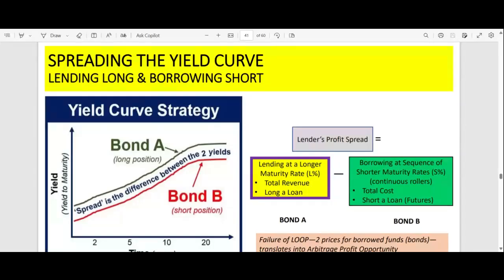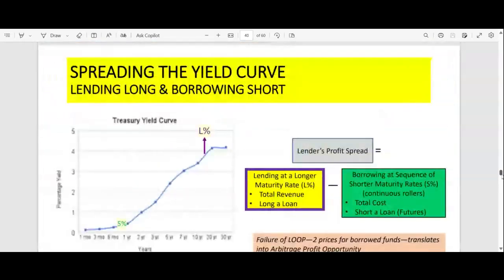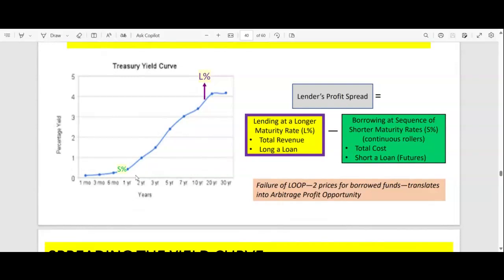Okay, so briefly, I want to make sure to pick up a little bit where we were so that I can flow right into the stuff that I do think is going to be a little bit more difficult. For the most part, we are lending long and borrowing short. So I'm making a 10-year loan, but let's say I'm borrowing in a sequence of 6-month smaller loans. So I'm charging a higher rate that could be linked or tied to the 10-year treasury. All right. So I'm charging this long rate here, but I'm borrowing in these sequences of 1-year loans